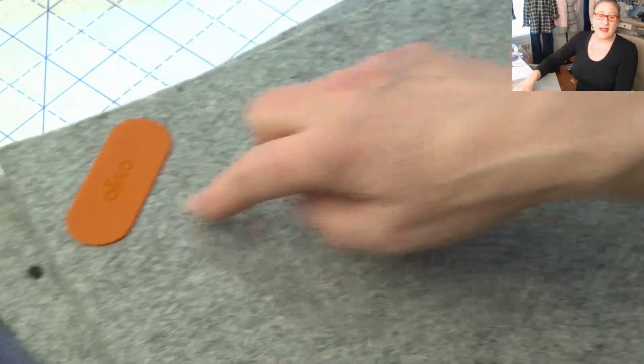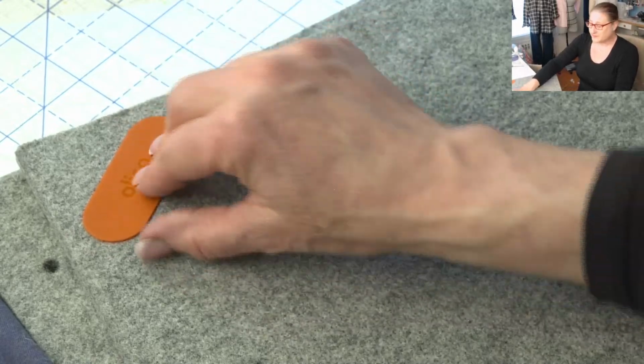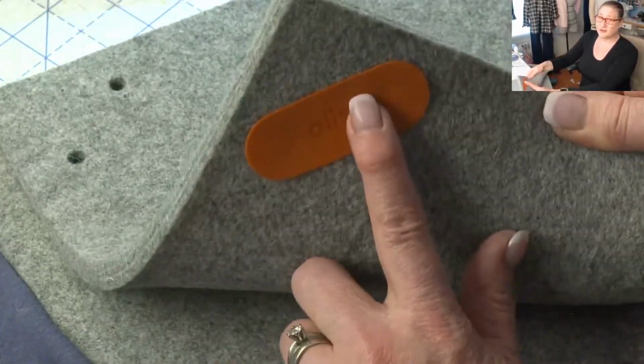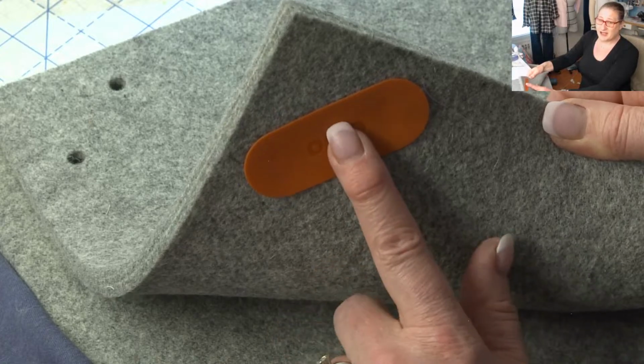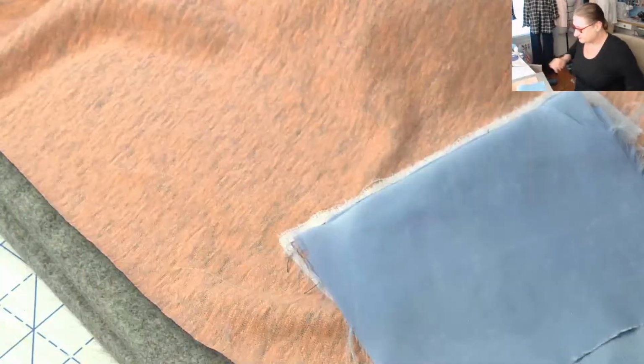Oh, I want to tell you guys something. If you have these Aliso mats and you have the silicone tabs that join them together face up when you're working, they get hot and you can burn yourself. So just be careful. If you have these on, make sure they're on the underside. All right, so the first thing I'm going to do here is